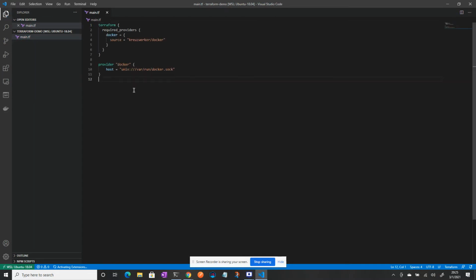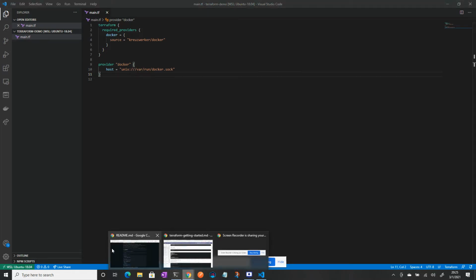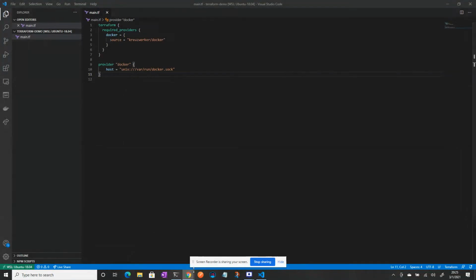So now we define our Terraform providers. In this scenario, we're only pulling in one provider, and that's this Docker provider. What this code block does is tell Terraform that I require these providers. And then this block over here is where we're passing the unique settings and attributes that we want for our provider. So on line 10, when I specify host, I'm giving it the host address for where I want this Docker to run. All right, so let's now go back to the tutorial